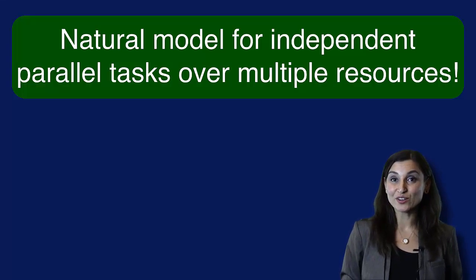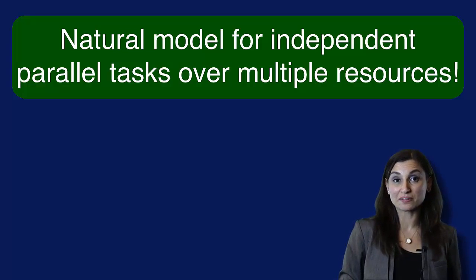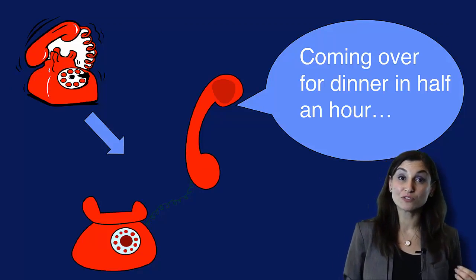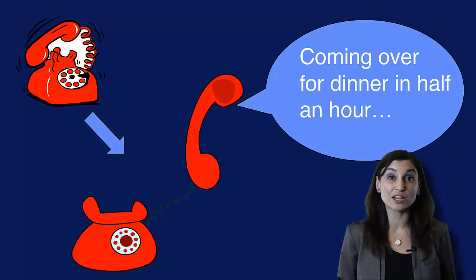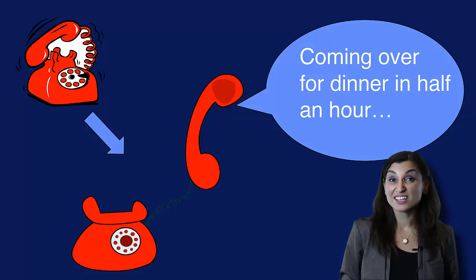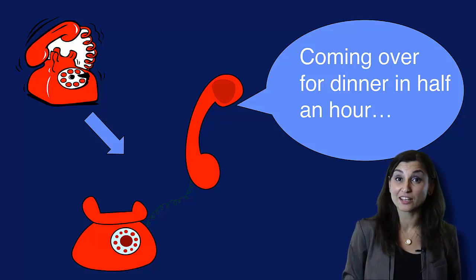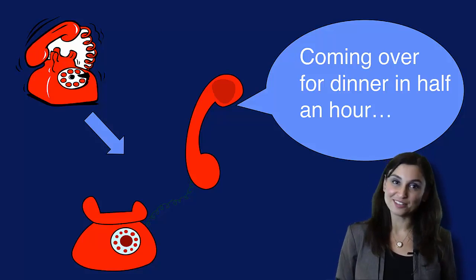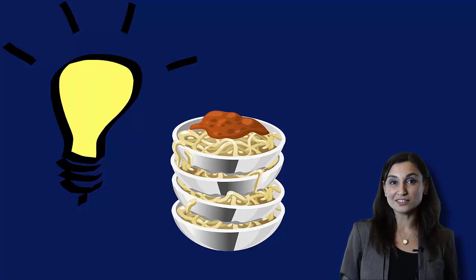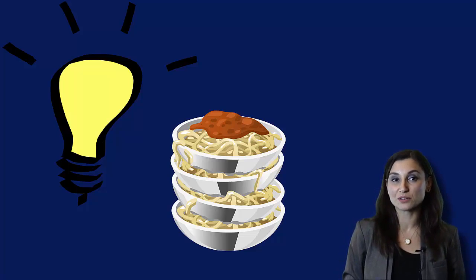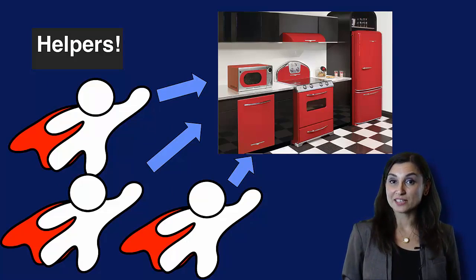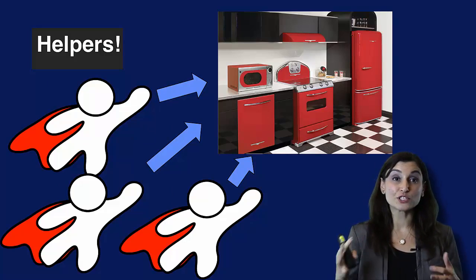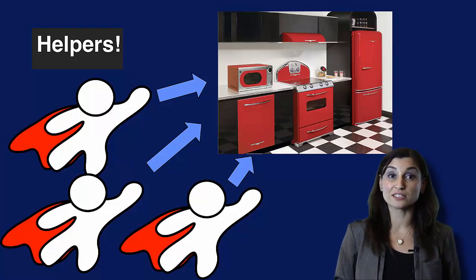Let's look at a scenario where you might unknowingly apply this model. Imagine a peaceful Saturday afternoon. You receive a phone call from a friend. She says they will be at your house in an hour for dinner. It seems like you completely forgot that you had invited your friends for dinner. So you say you're looking forward to it and head to the kitchen. As a quick solution, you decide to cook pasta with some tomato sauce. You need to take advantage of parallelization so the dinner is ready by the time your guests arrive. That's in an hour. You call your spouse and your teenage kids to action in the kitchen.